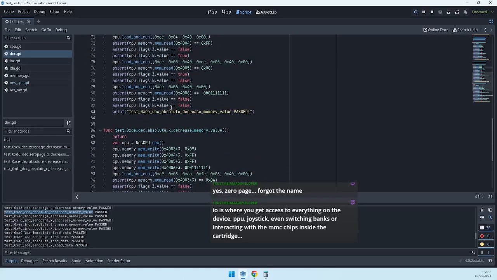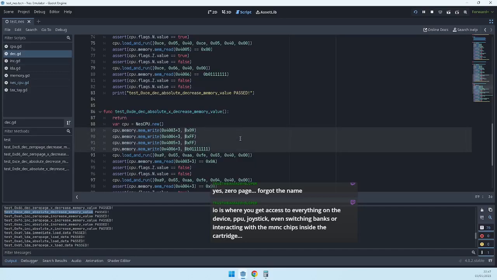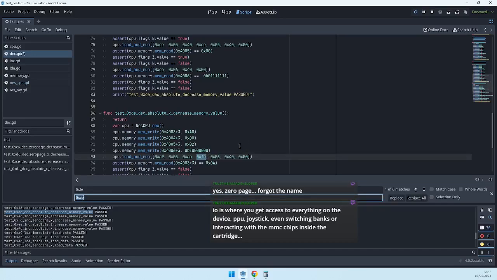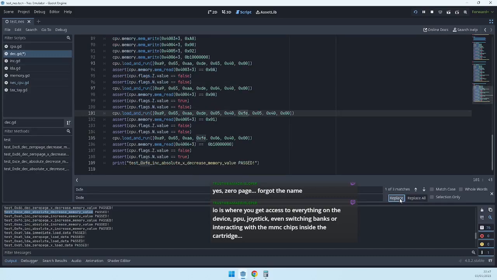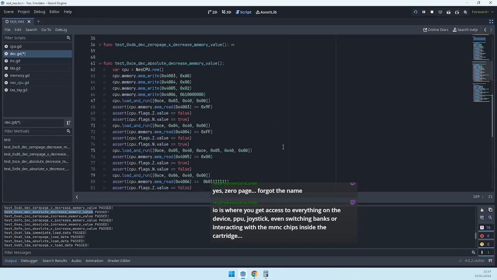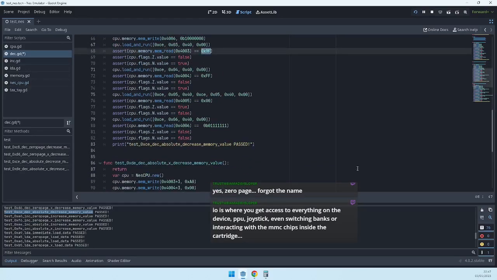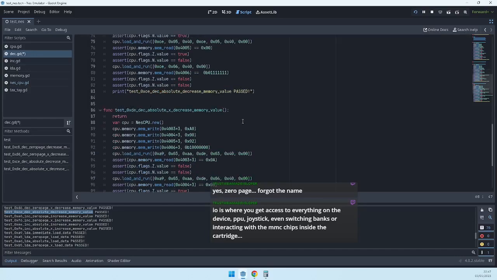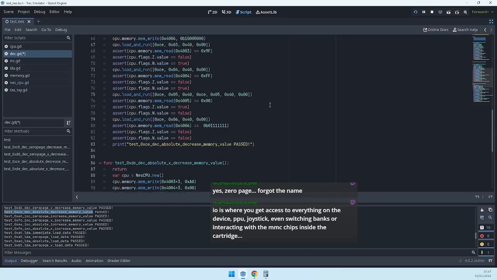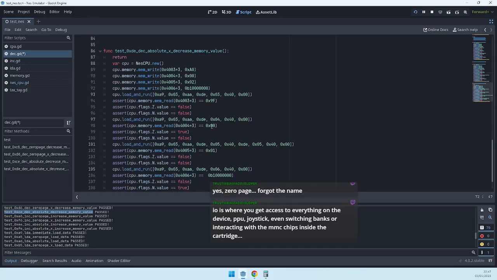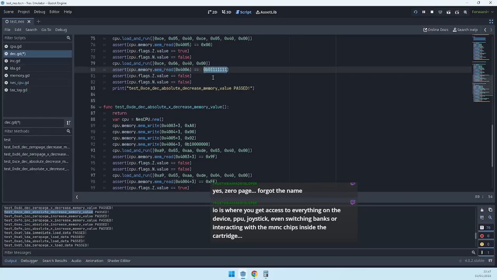Let's copy the memory values for our test. Paste them. Let's change the opcode. So now it is DE instead of FE. 1, 2, 3, 4, 5, 6. And let's change the result of our memory read. 9F, FF, 00, and this binary number,